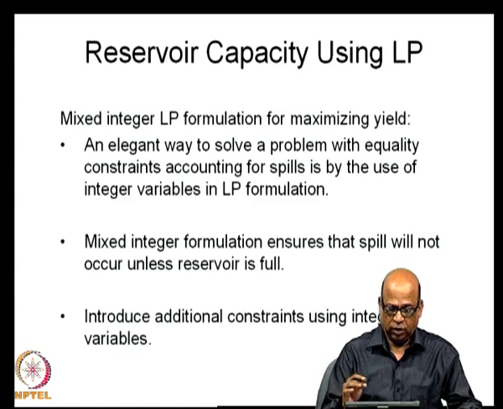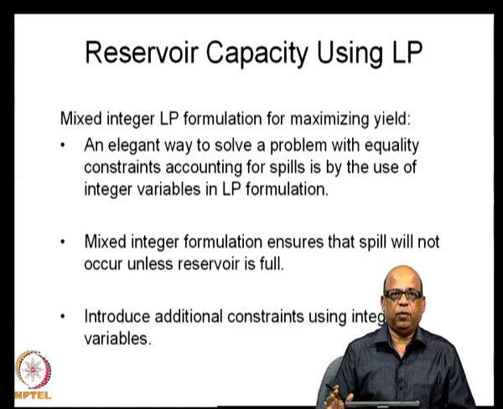That is a problem, and then there is a very nice, very elegant way of doing it. This is by using integer variables. So far, in the linear programming problems that we dealt with, all the variables that we considered were real variables, floating variables as we call them in programming languages. But we now introduce an integer variable into the linear programming problem. Integer variables can only take on integer values like 0, 1, 2, 3, etc. Further, we introduce what are called binary integers. That means they can take on values only 0 and 1.